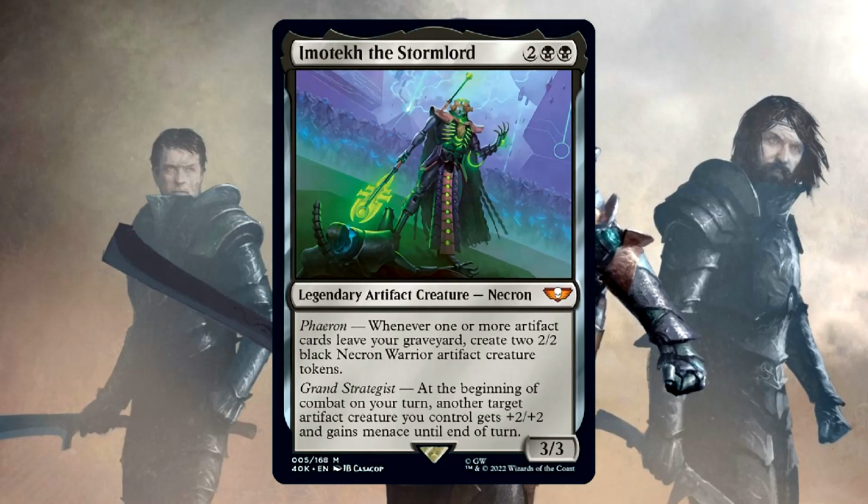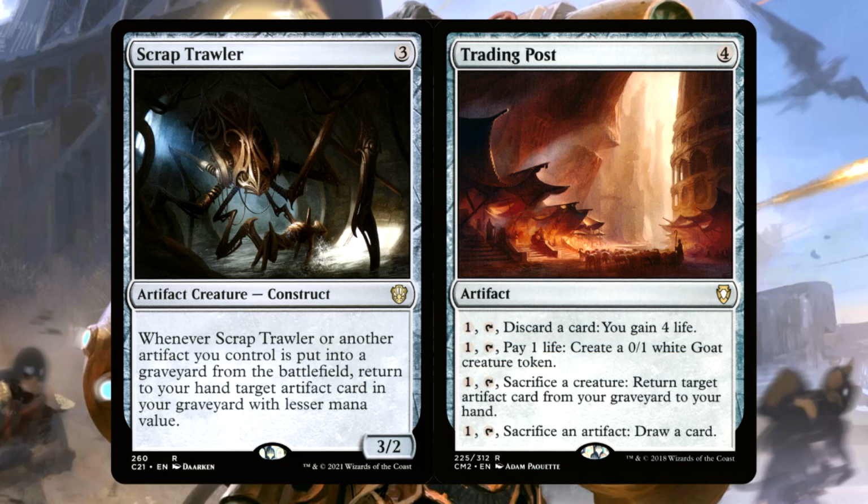The other commander I considered was Canoptek the Stormlord. It's 2 black for a legendary artifact creature Necron. It's a 3/3. Whenever 1 or more artifact cards leave your graveyard, create 2 2/2 black Necron warrior artifact creature tokens. It also has Grand Strategist. At the beginning of combat on your turn, another target artifact creature you control gets +2/+2 and gains menace until end of turn. This is great in concert with Sarek, but is more of a build around at the helm